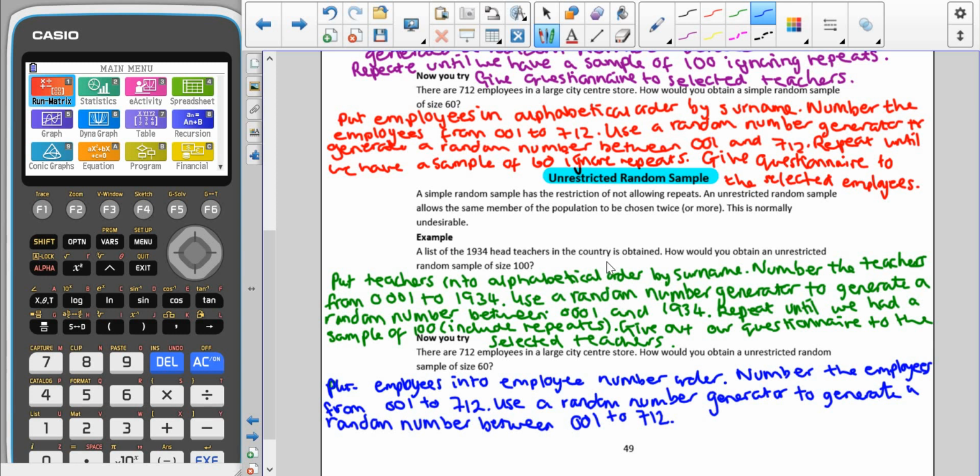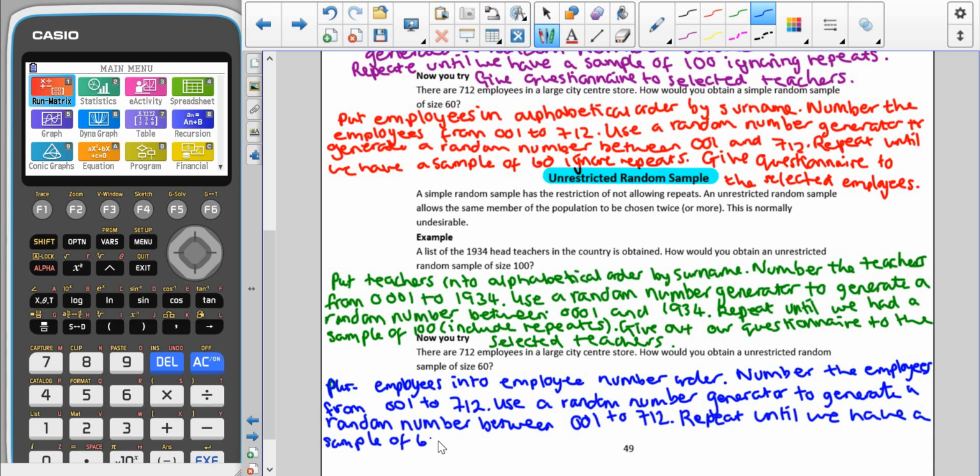That's why we've numbered them again. And as before, we will repeat until we have a sample